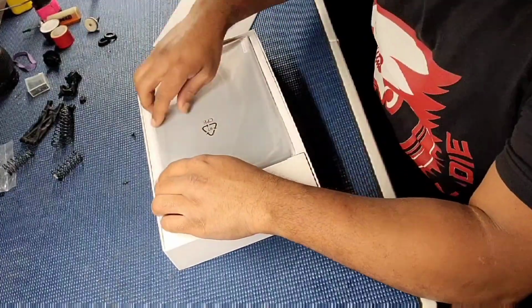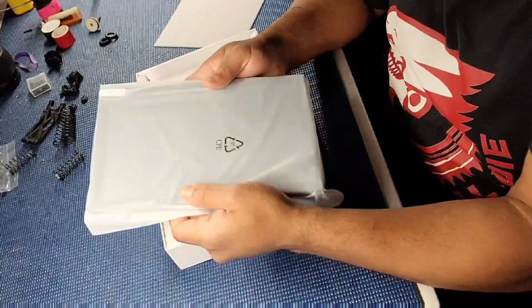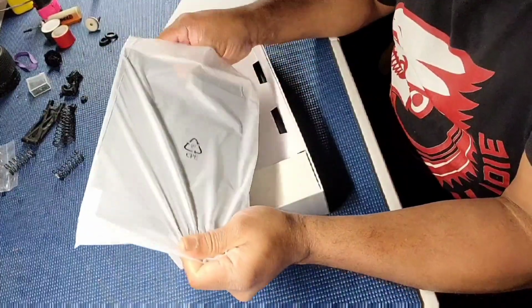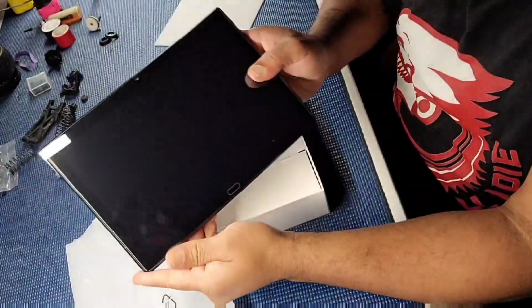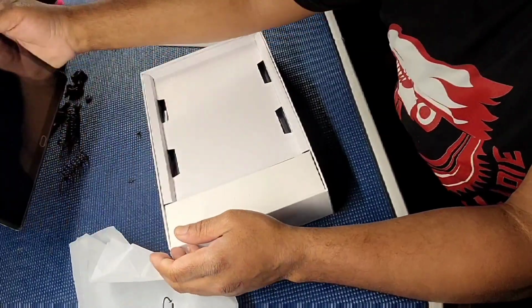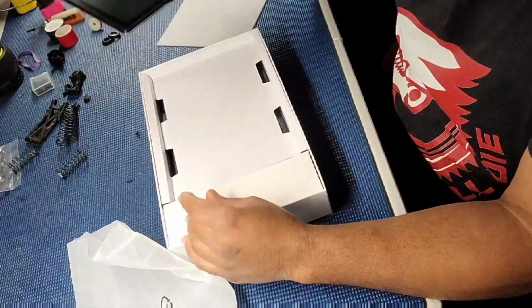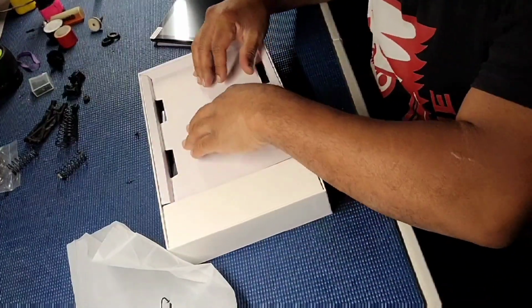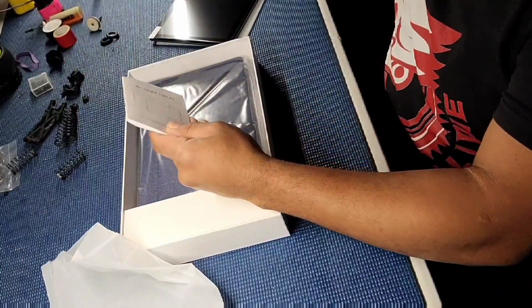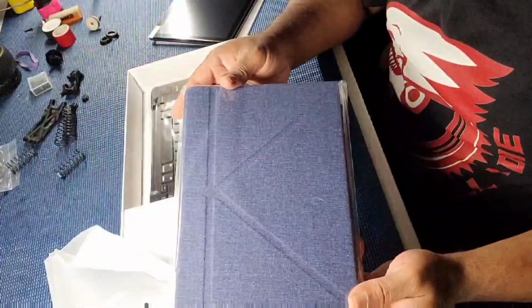Ooh. So it's a 10-inch tablet. Cool, like bigger than my iPad. But the other reasons that I got it, in the instructions here, is because it comes with a case,